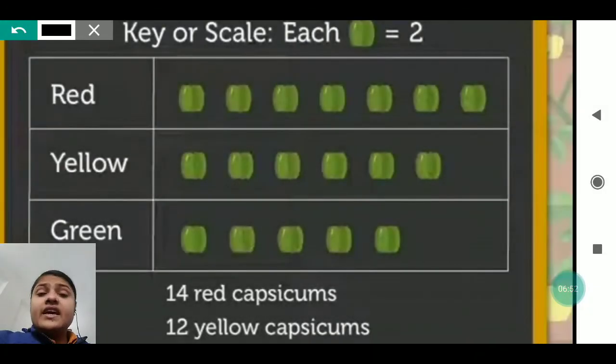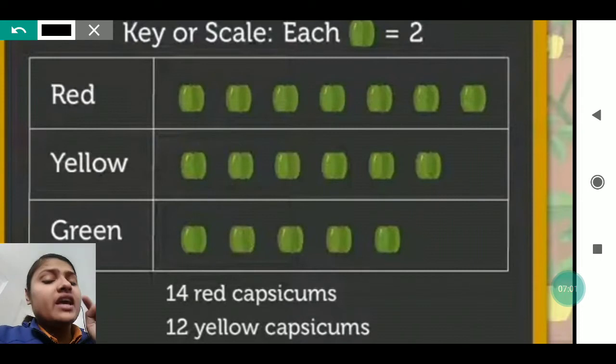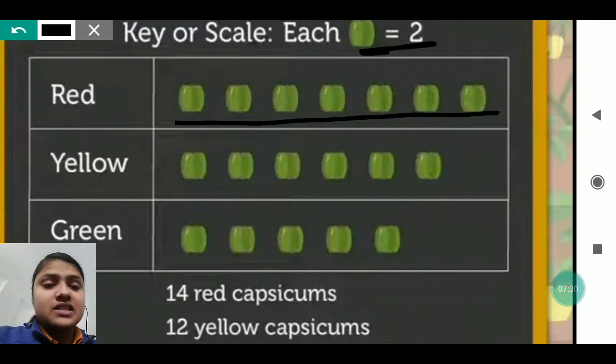You can see here there are a few capsicums. So we have seen some are red, some are yellow, and some are green. So he was counting the number of capsicums in the field. So how many red capsicums has he got? Just see, there were 14 red capsicums. But you will see, miss, only 7 symbols are drawn, because my dear, one capsicum is representing 2. If we are drawing one symbol like this, then it is representing 2 in numbers. So if the red capsicums are 14, we will take half. 14 half will be 7. So only 7 symbols we will draw here.